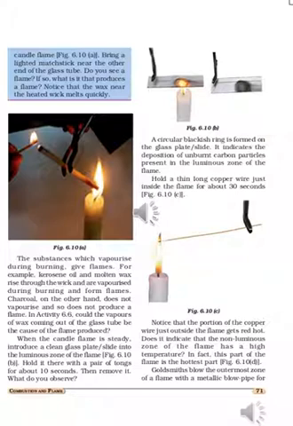Now put a burning match near the other end of the glass tube. You can see at the other end there will be a lighted matchstick, and observe it. Now, what we can see: a flame appears near the end of the glass tube. So, at the back side, you can see a flame near the end of the glass tube.